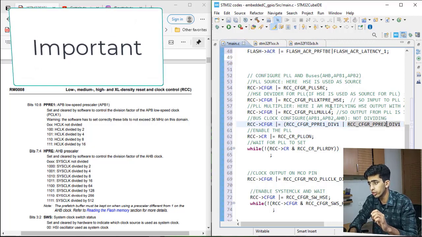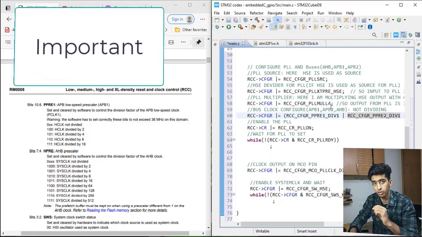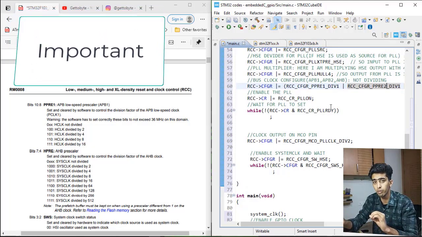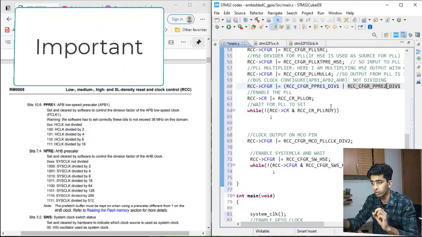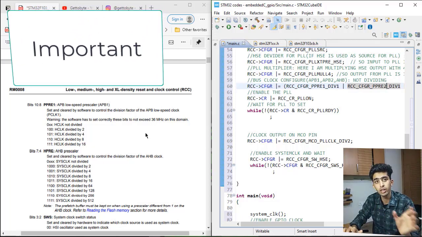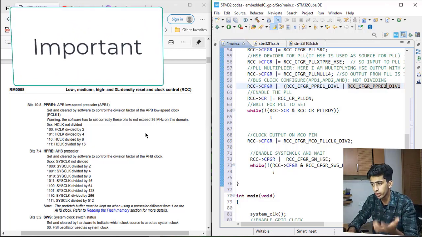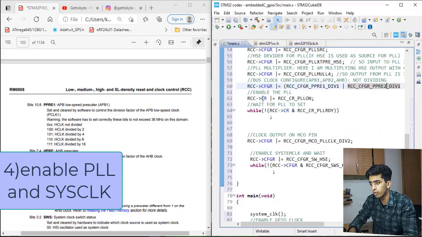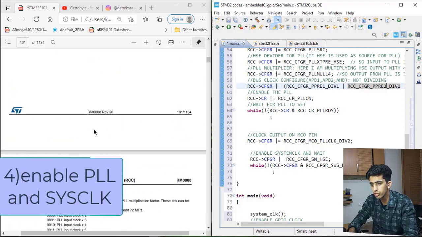In my upcoming programs, codes and videos, my clock configuration will be the same for almost all the tutorials and all the peripherals, unless I need something specific, which I will mention in those videos.